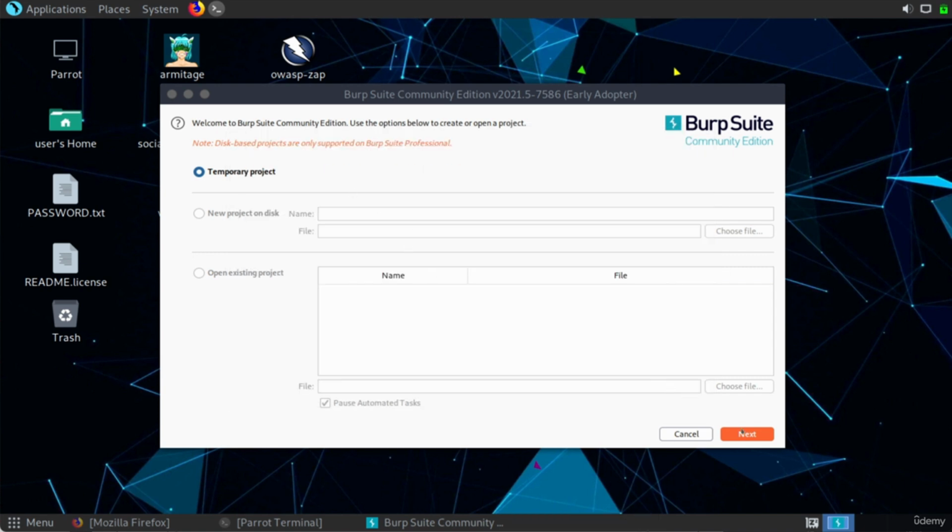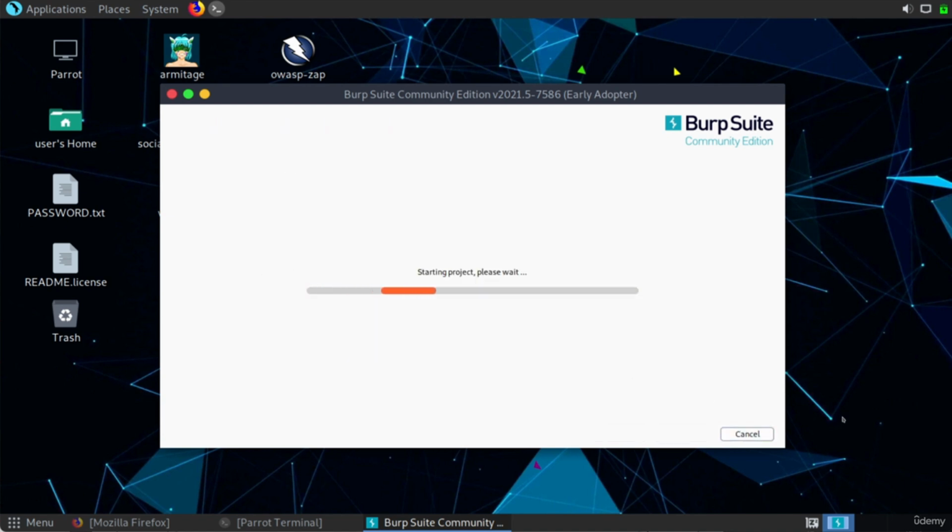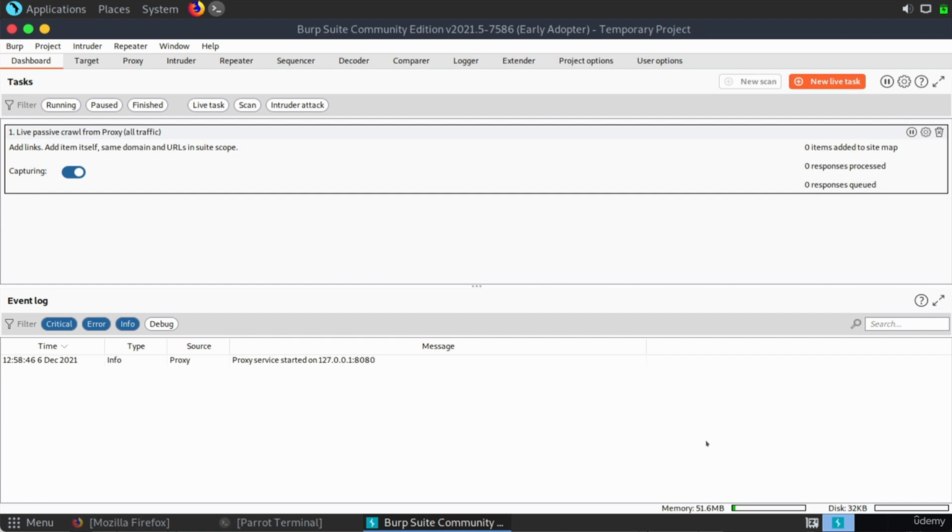In my case, I'm just going to go with a temporary project here. I'm going to use Burp defaults, although we can create and load our own configuration files. Let's get this up and going. So now Burp Suite is loaded, and one of the main functions that we can use inside of Burp Suite